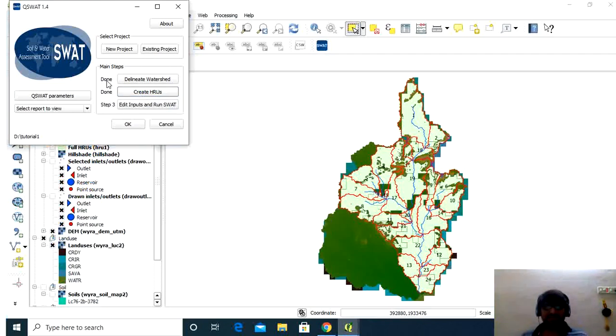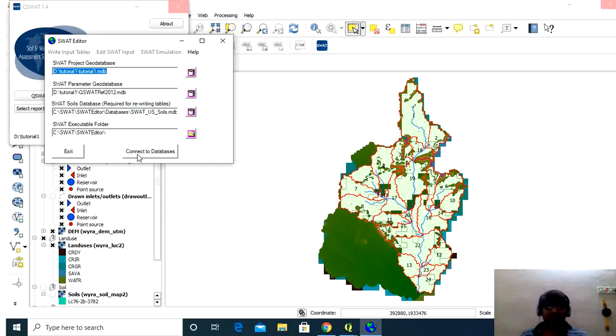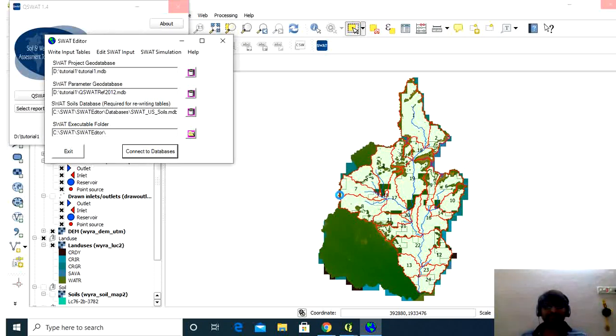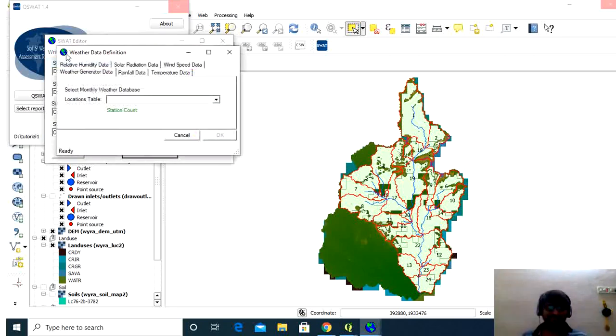Third step: after two steps are done, step 3 is done. Now you can select connect to databases, then OK. Go to here, weather stations, weather generator, you can see